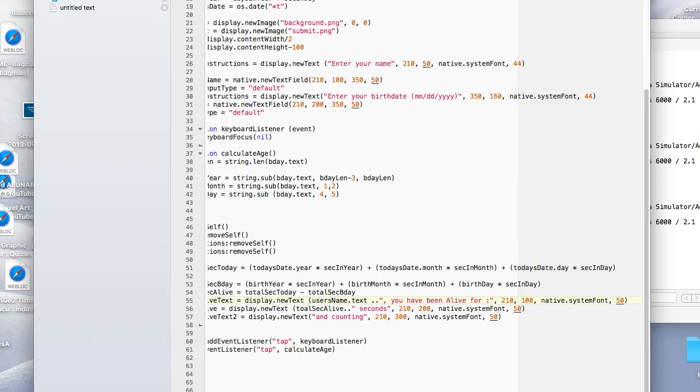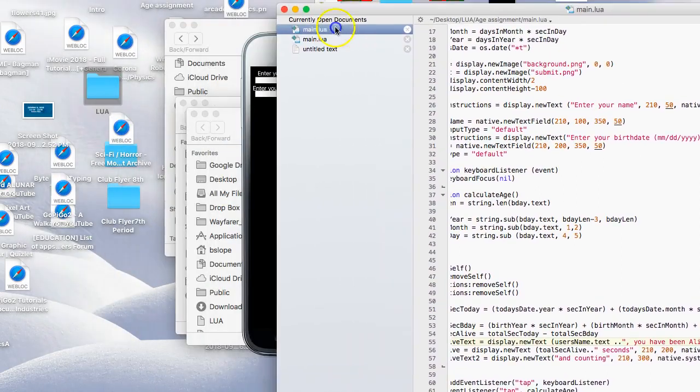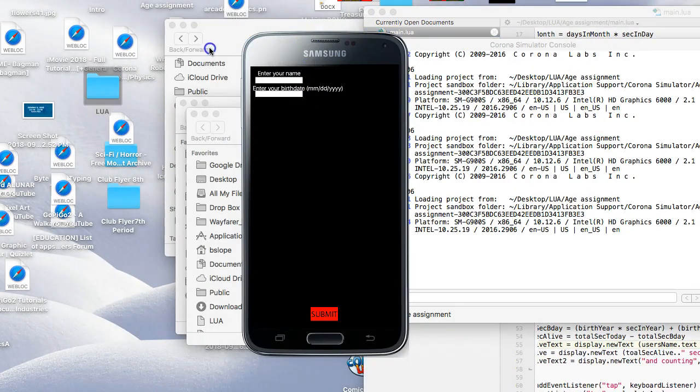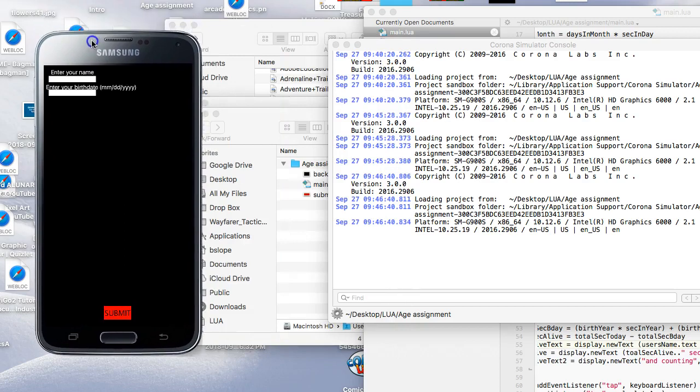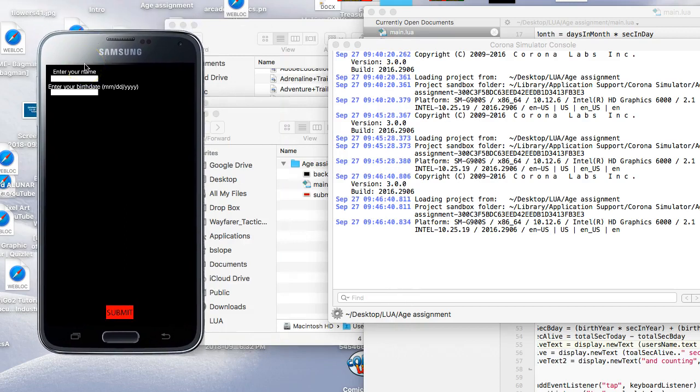So I'm working on a Mac, so it's just a little bit different as far as the simulator than if you were working on Windows, but not much. So I'm going to move my code for just a second. There's my simulator. I'm simulating a Samsung Galaxy phone right here. I realize that the text may be a little difficult to read, but if I follow this and click in here and just type,